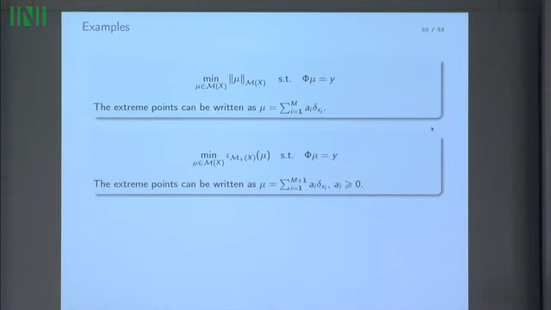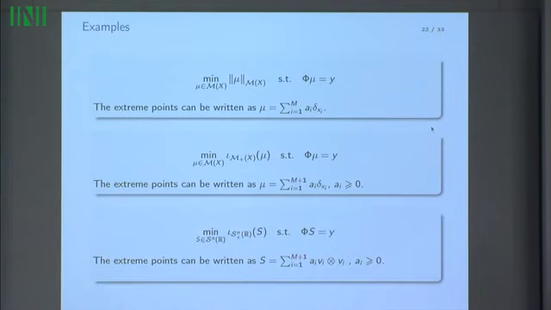No, you need m+1 because this is equal to 0 if mu is positive, and this is equal to plus infinity if it's not. So the minimal value of the problem here is equal to the minimal value of this function here. Okay, so you need to pay an extra point.